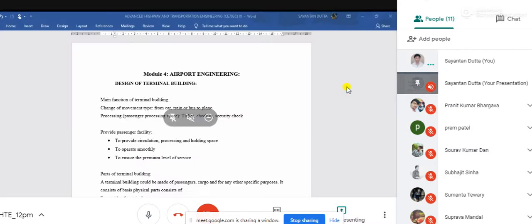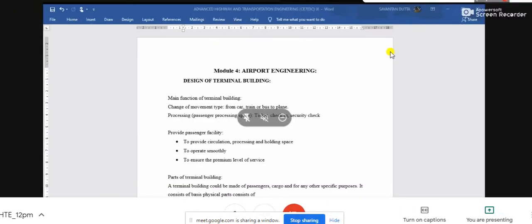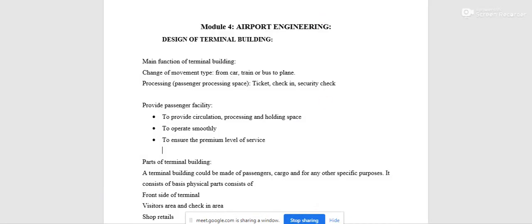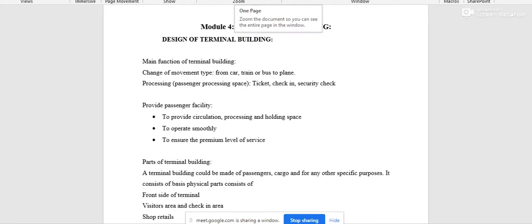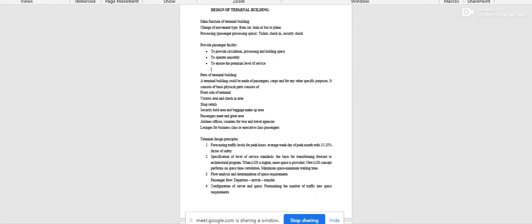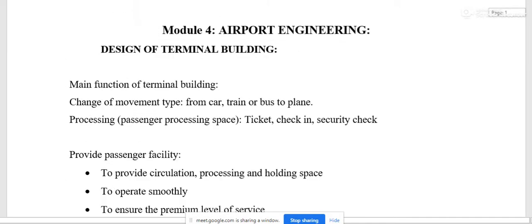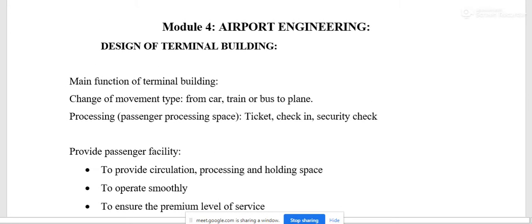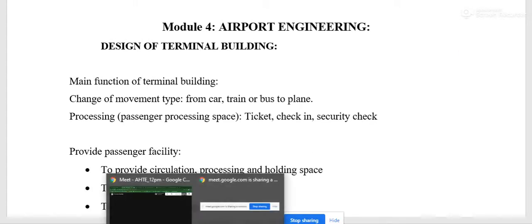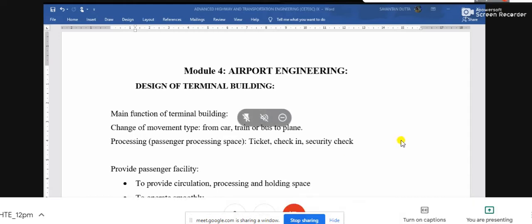If not visible, please let me know. Yes, I think now the node is visible.